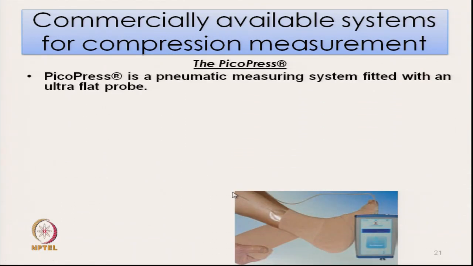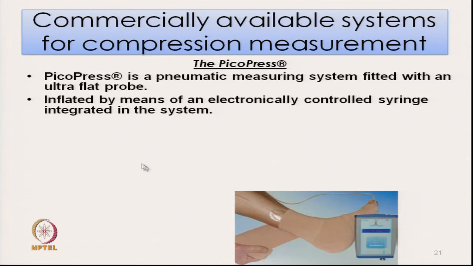Another commercially available system is the Picopress. It is a pneumatic measuring system fitted with ultra flat probes, which works on the pneumatic principle.